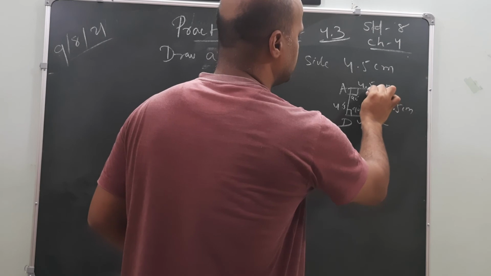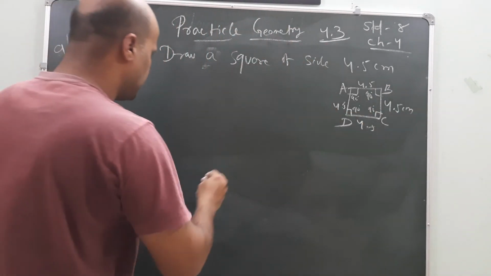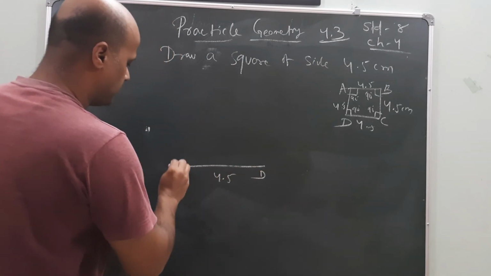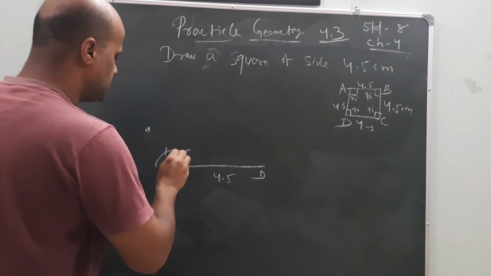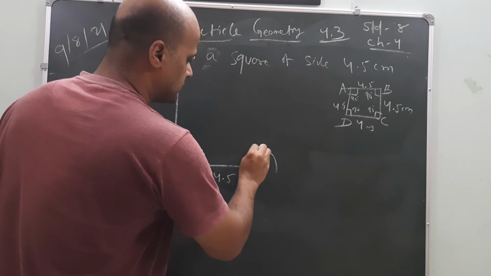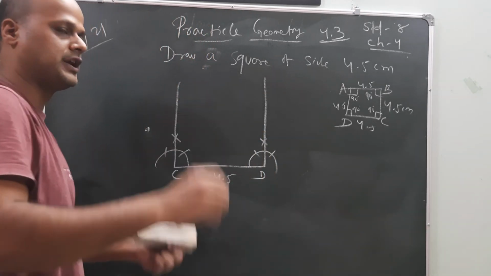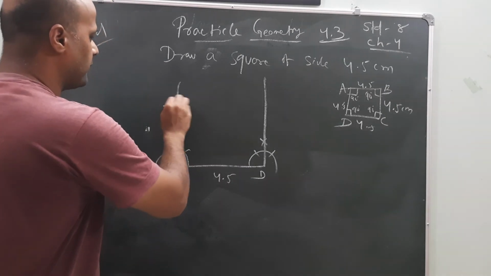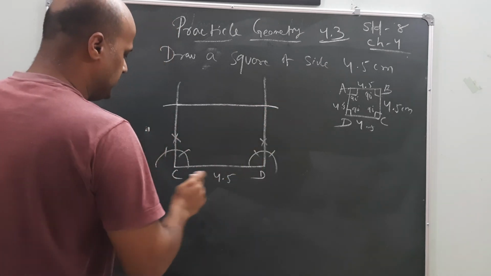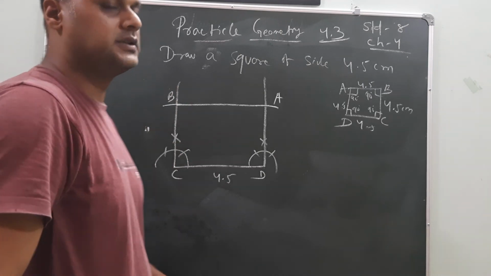Remember these fundas. If you remember the funda, then your geometrical shape will be over. So take anything, CD. How much? 4.5. From here, draw 90 degree, using 60, 120, 90 degree, extend. Here also 60, 120, 90 degree, extend. 4.5, transfer the dimension from the scale. How much? 4.5. Bisect it. 4.5 bisected. Join the two bisects, DC. Then what have you tried here? Here A, here B. So this is simple.